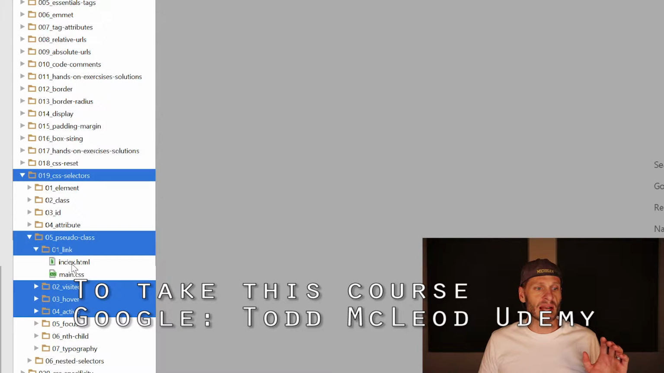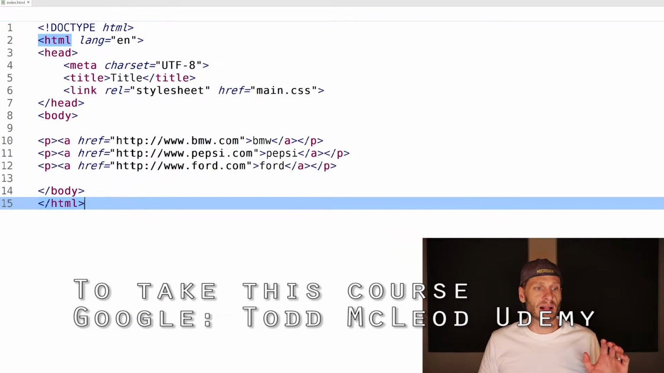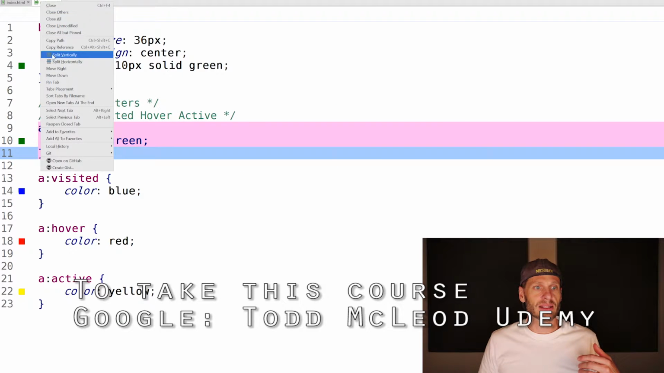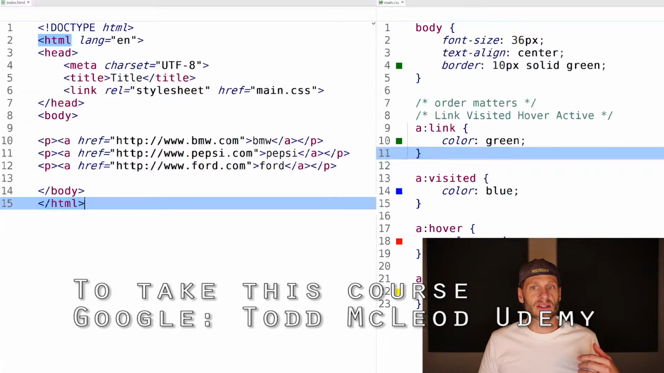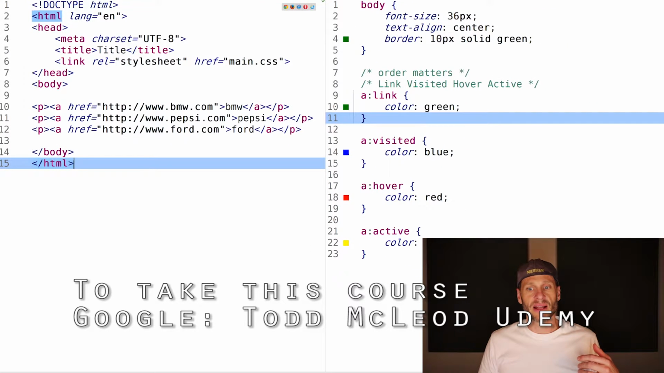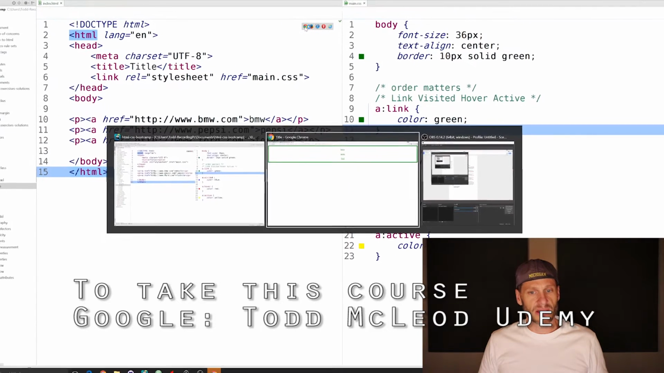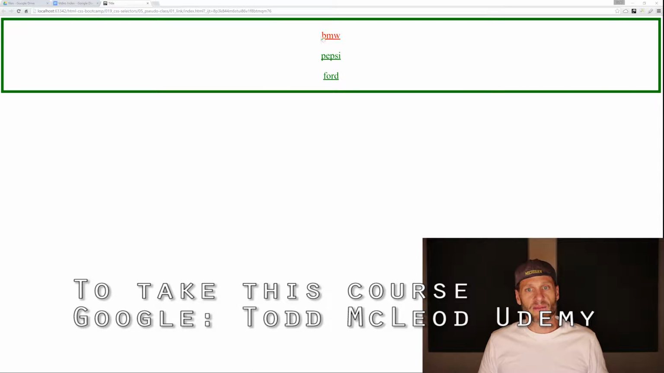And so to start out, I'm going to open up the index.html of 01, and here we have BMW, Pepsi, and Ford. I'm going to open up the CSS, right-click, split vertically, and you can see the pseudo classes here, link, visited, hover, active, but let's see what they do first. So I'm going to open up this web page, come over and take a look at it. We have BMW, Pepsi, and Ford, and whoa,